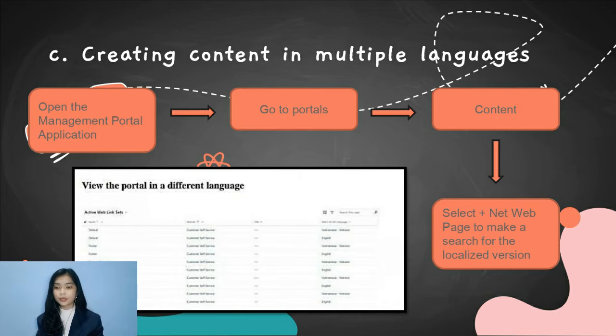The first is to open the portal management application. The second is to go to portals, content, web pages to view the table of contents. The third is to add a new localization of a page. Go to the base page and scroll down to localized content. The fourth is to select plus new web page to make a search for the localized version. The web link set is the navigation link at the top of the portal. Go to portals, content, web links for the subtitle menu item subtitles. When the language is active for the portal, expect a new link to be created for the language that is